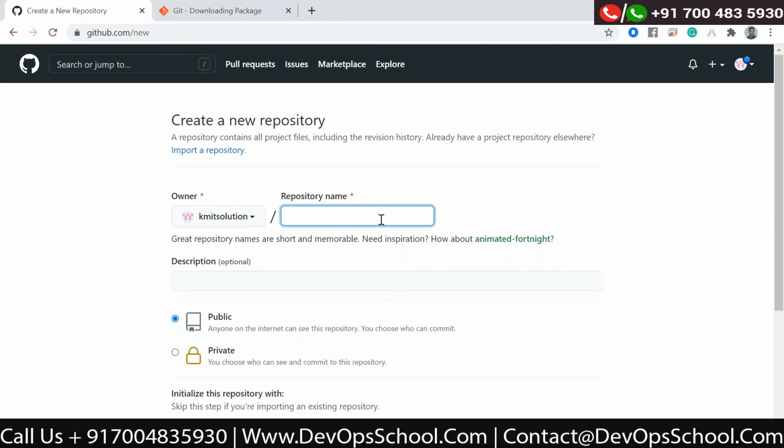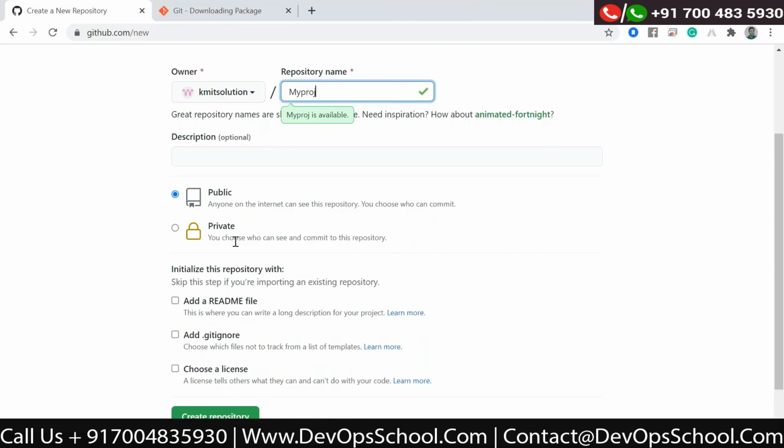So if I say my project, it will show whether you can create this repository or not. If you have already created it, it will not allow you to create this. Then it shows whether you want to create a public or private repository.